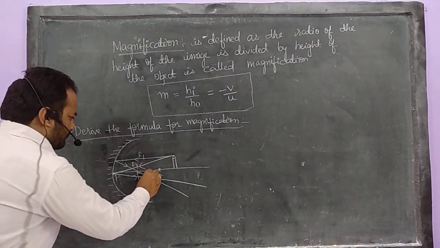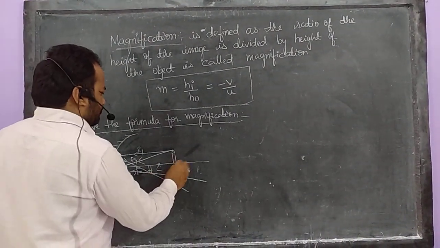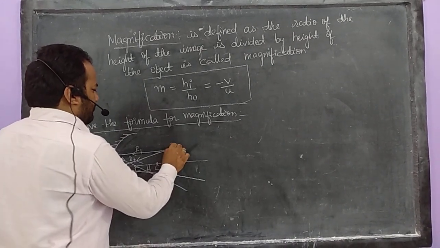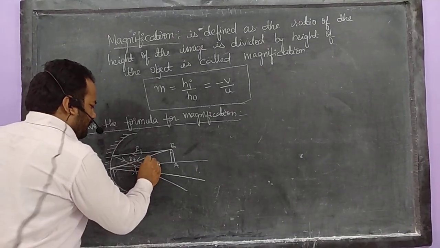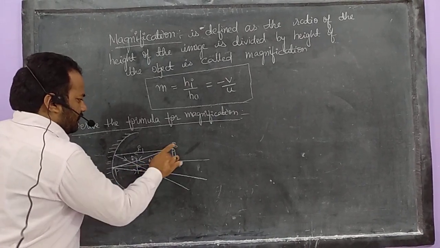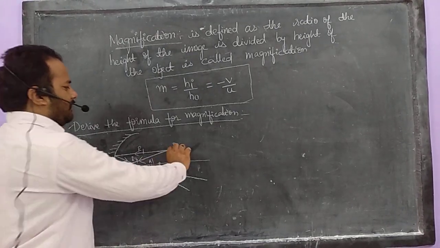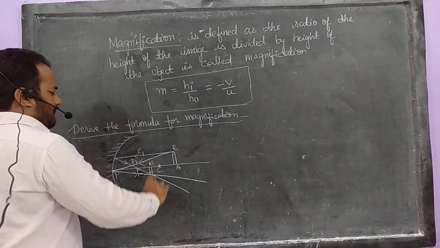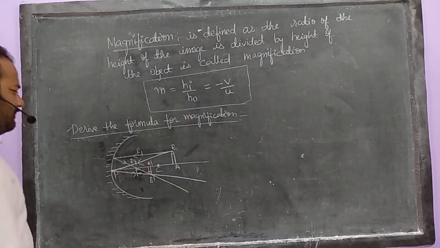So here you got the image. See carefully. What is the height of the object? At the bottom you write A, and at the top you write B. The image you got is reflected because this is a concave mirror. You will get A dash, B dash. See here, this A went above and B came down. So the height we are taking for the object is AB, and for the inverted image it is A dash B dash. So my dear students, in this diagram you can see two similar triangles. What is that?